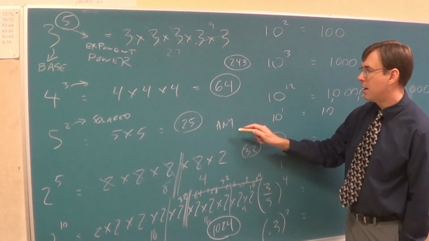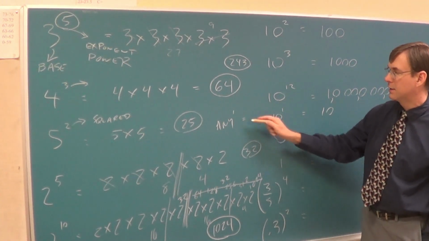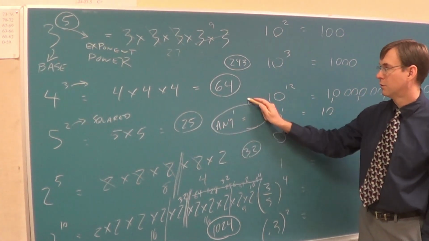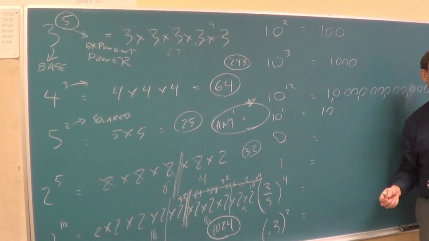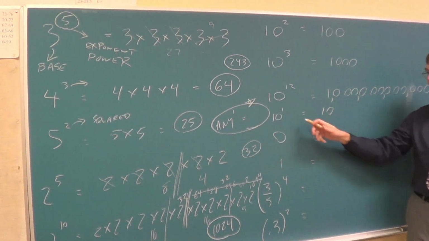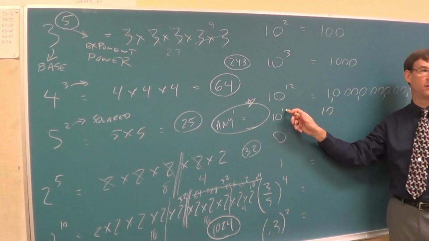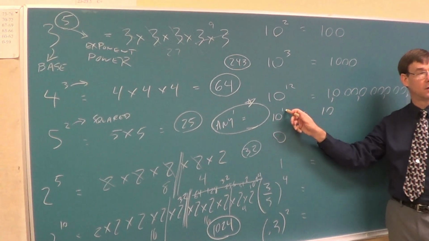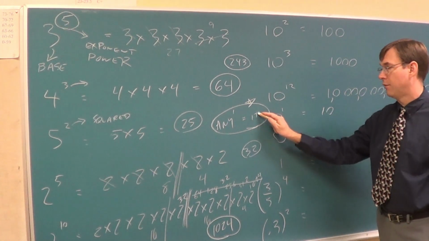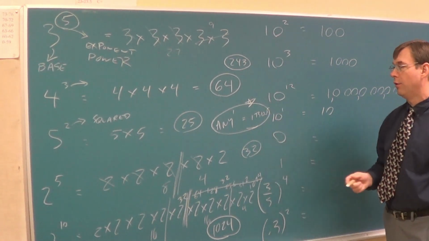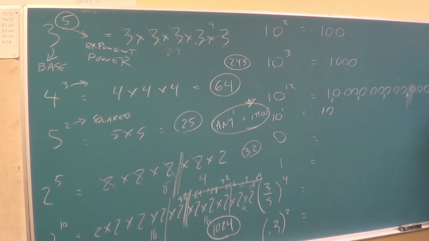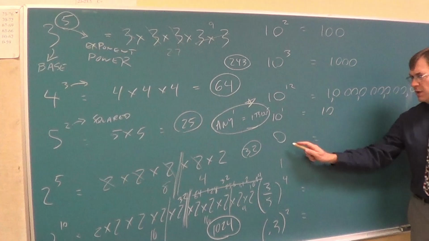If you have any number in the world and you take it to the first, what do you think would happen? Any number you have in the universe to the first is going to just be the same. It's going to be itself. That is true. Anything in the world that goes to a 1 power is just itself. There's another truth